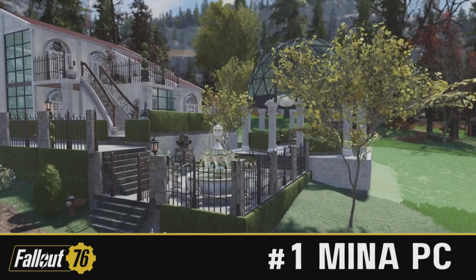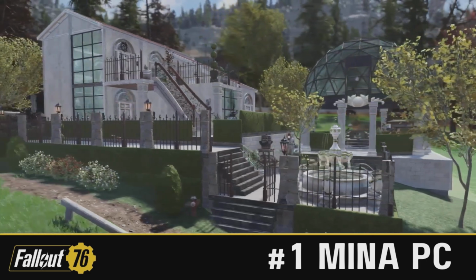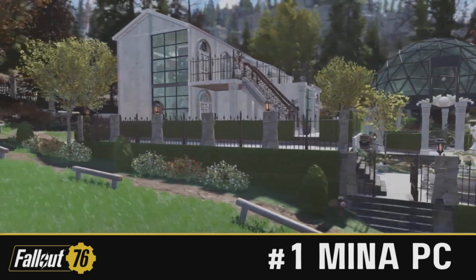And that wraps up this week's honourable mentions. I think I should tell you who's in the number 1 spot now, shouldn't I? Aye, 100% I should. And this week, it goes to an absolute banger of a build. Ladies and gentlemen, this week's winner of the top 5 best clean camps goes to Mina with the White Springs Mansion and Boutique. This thing is...